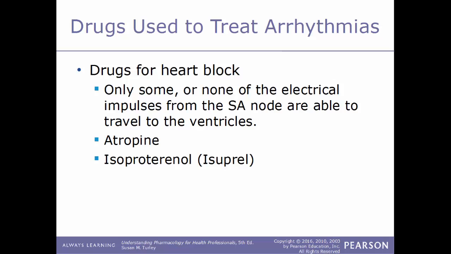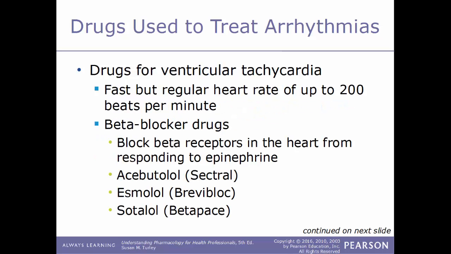its trade name Isoprel. When it comes to treating ventricular tachycardia, or VTAC as it's called, it's having a fast but regular heart rate of up to 200 beats per minute. And drugs used to treat this condition are beta blockers. These act by blocking the beta receptors in the heart from being able to respond to epinephrine, so it can't get any faster. Some examples of this kind of drug would be acebutolol, or Sectral, esmolol, Brevibloc, and sotalol, also